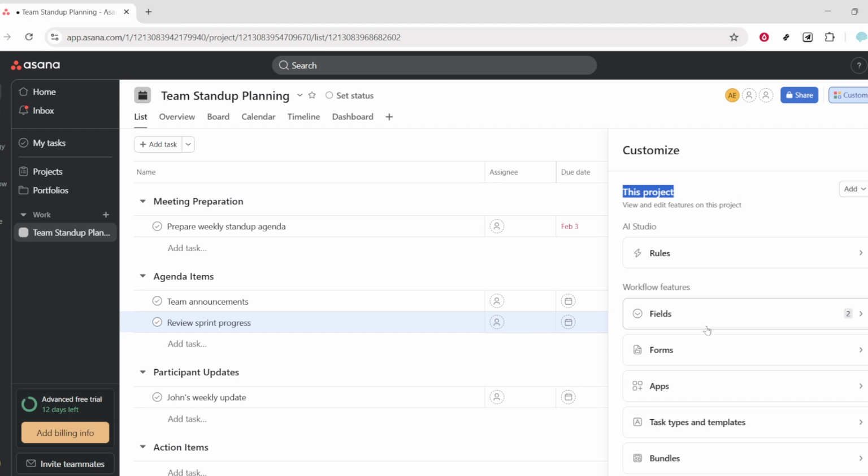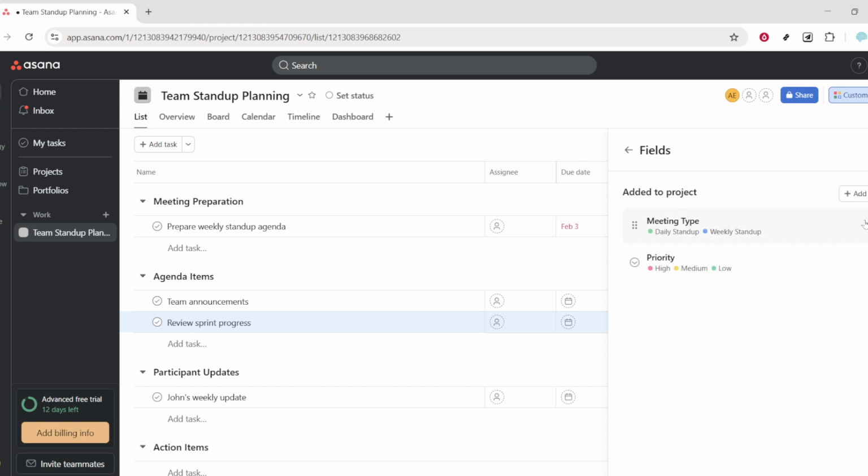Click Add Field. A pop-up will appear with two choices. You can select an existing field that's already part of this project, which is great for consistency, or you can create a new one. If you're creating a new field, give it a clear, descriptive name and choose the field